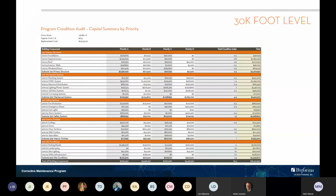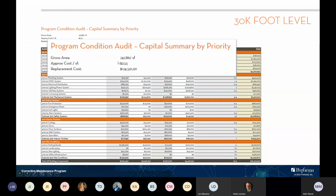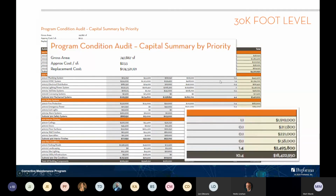Just to give you an example of what some of this communication might look like, here's an entire portfolio of facilities. The building components on the left-hand side, priority A, B, C, and D for when projects need to be done in year 1, 3, 5, or 10. And then a total deferred backlog in the right-hand corner. So about 750,000 square feet of building, total replacement value in that portfolio, about 19 million in deferred maintenance, and a condition index of 10.4, which is in kind of the fair condition